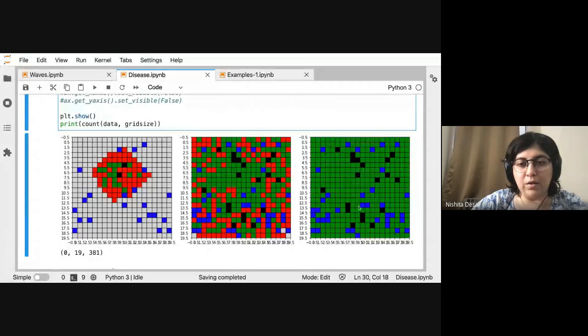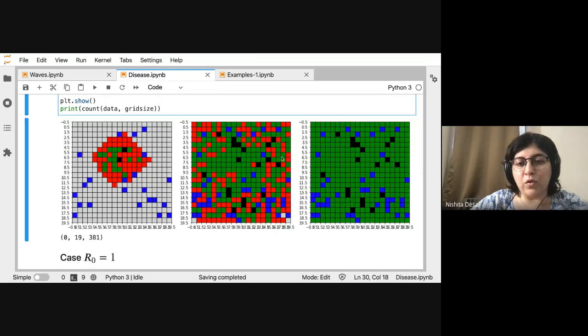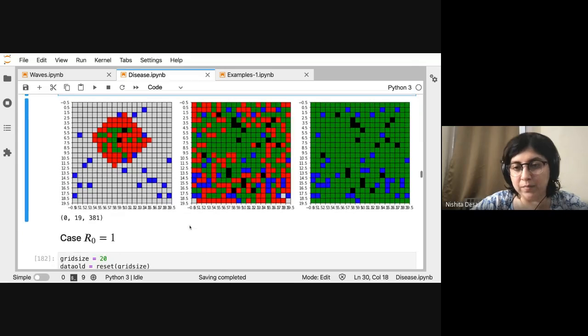And I showed you this is sort of what it looks like. So you started somewhere, and then the infection spread. Some people recovered, some people are already vaccinated. And then as time goes on, more people get infected and recover. Some people pass away. And you can see here that there are certain cells here that are still not infected. Unfortunately, in this case, we did not get a case where people were safe.